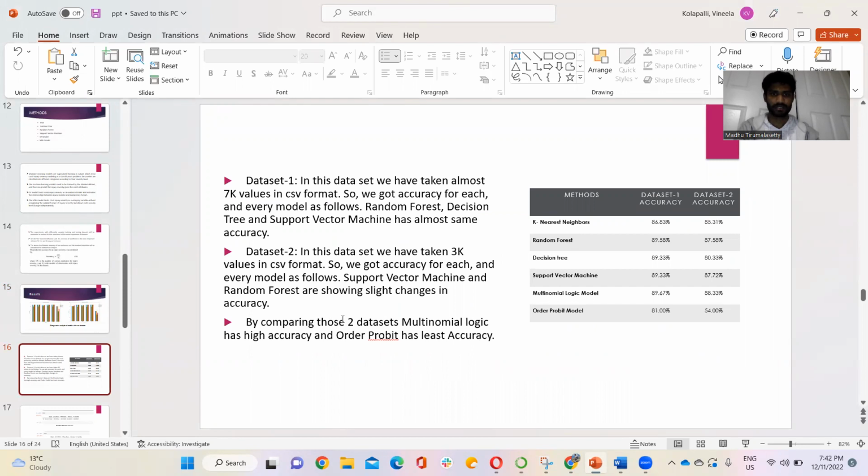By comparing the two data sets, we can conclude that MNL has higher accuracy than the other methods. Even for data set 2, we got 88.33% compared to the remaining methods.